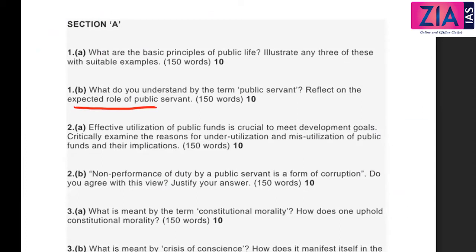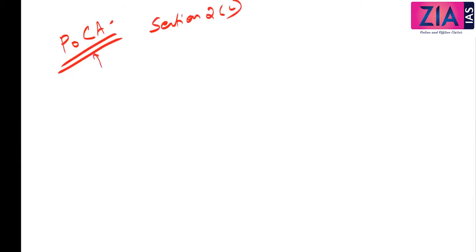If you want a technical definition, I'll give you the technical definition. A public servant is defined in the Prevention of Corruption Act. We haven't discussed that definition, so if you wish to, you can just take down Section 2C. Section 2C of the Prevention of Corruption Act actually defines the public servant as,